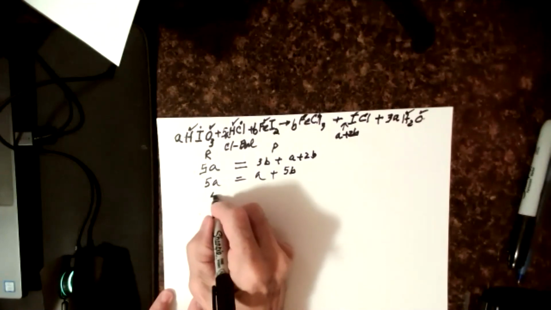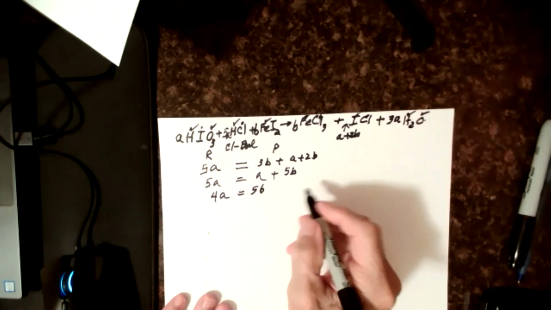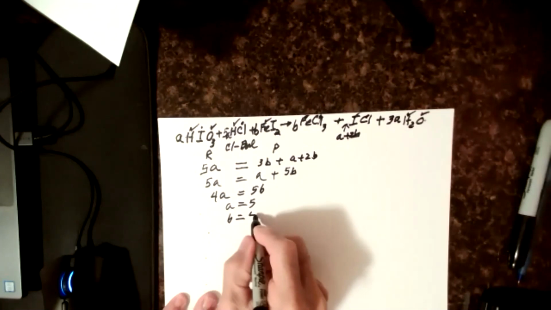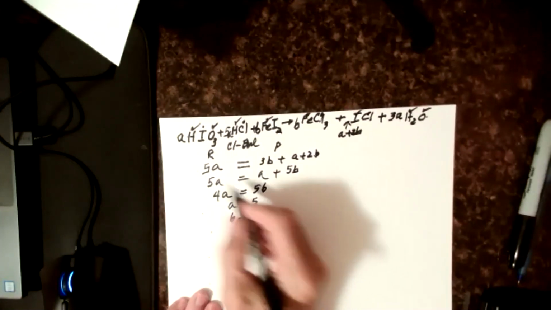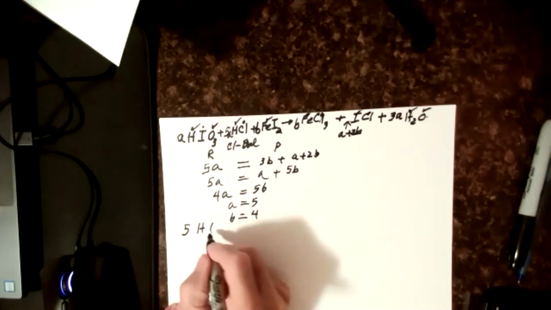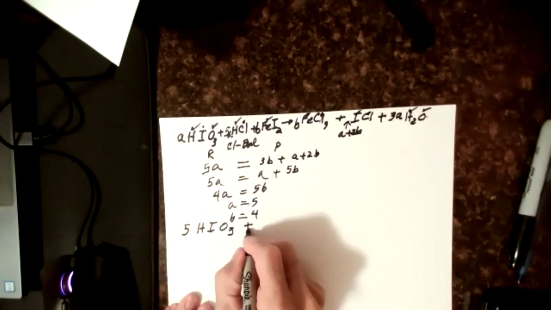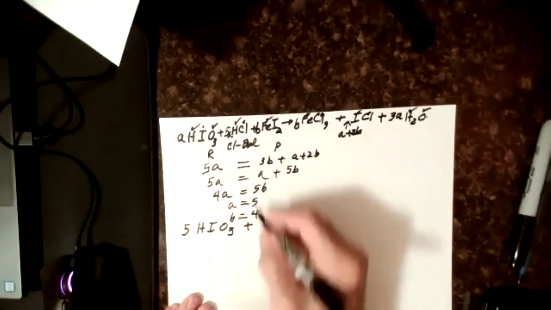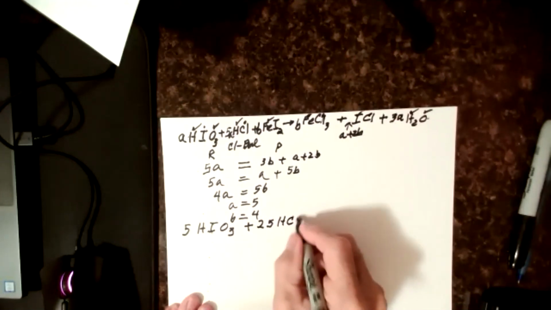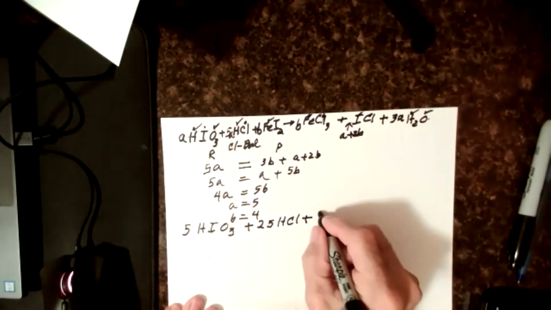Subtract A from both sides, I get 4A equals 5B. And so A is equal to 5 and B is equal to 4. Let's see if this works. So A is 5, so I'm going to write 5 HIO3 plus 5 times 5 is 25 HCl plus B is 4